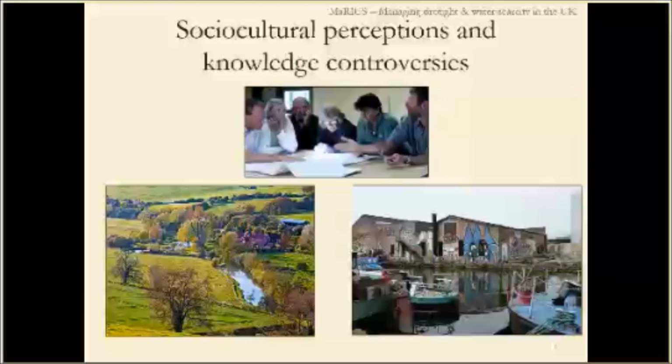To that, I'll just add that we are really drawing primarily, I would say, on science and technology studies research in our approach to the MaRIUS project. By that I mean that we think of ourselves and our colleagues on MaRIUS as a social group that should be studied like any other social group out there, and that studying ourselves as a social group is an important part of understanding how knowledge about drought and water scarcity is produced and how it's implicated in the politics of water issues. So that's a bit about the perspective that we're bringing to the work.